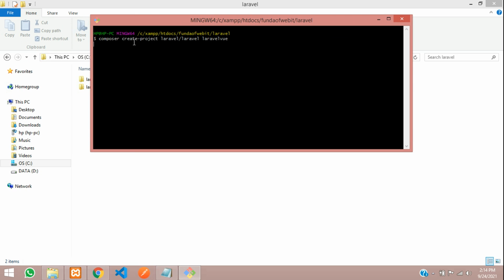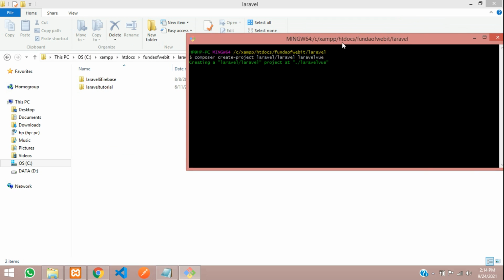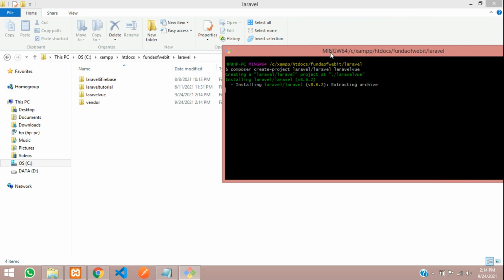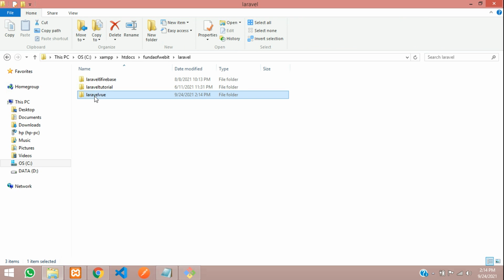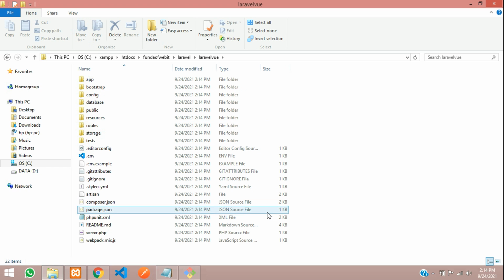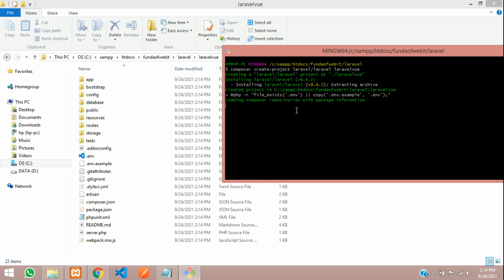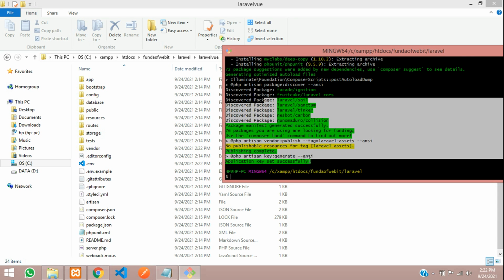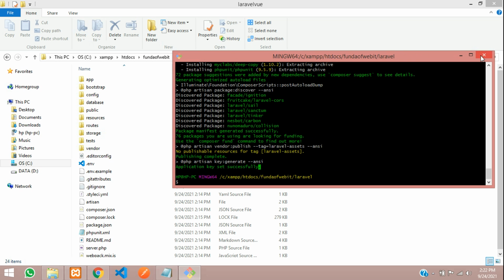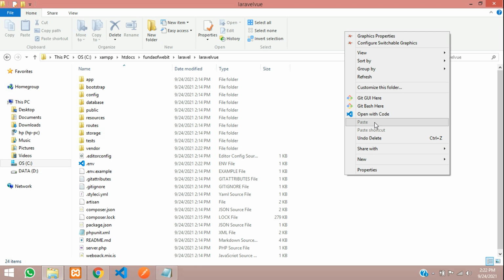Let's wait for it to get installed. The folder is created and this is the application, but it's still installing, so let's wait for it to install fully. Successfully installed, so let's close this and open it in our editor.